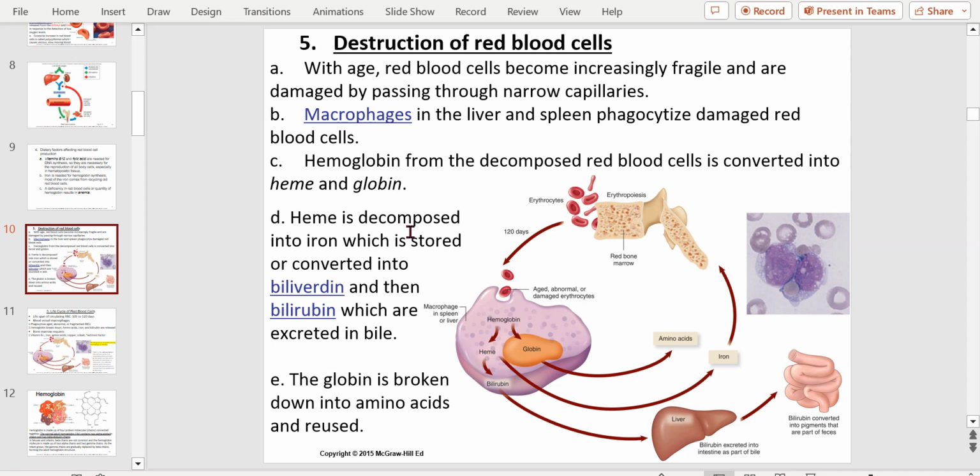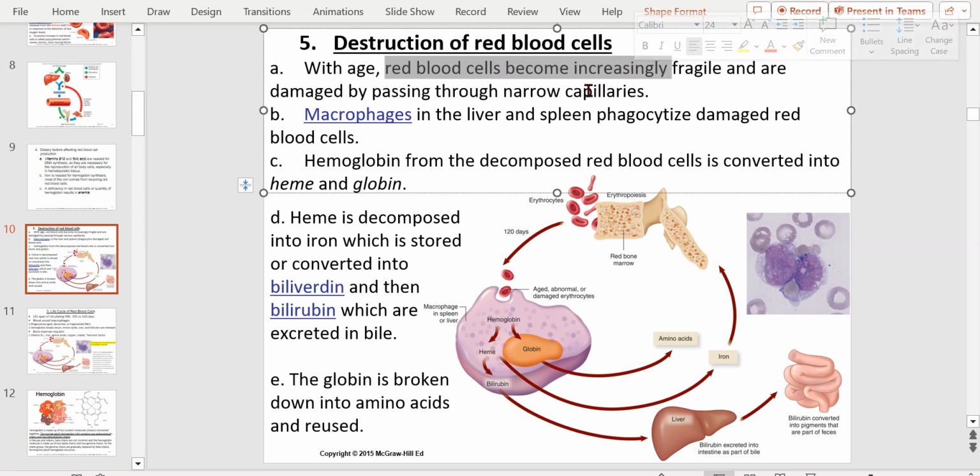Destruction of RBCs. With age, anywhere between 3 to 4 months, RBCs become increasingly fragile. They become damaged because you're passing through these very narrow capillaries. And capillaries, as you should know by now, are the only place in the body where the blood is able to exchange constituents: sugar, proteins, oxygen, carbon dioxide. This all happens at the capillary level, and it's quite narrow. And basically the width of an RBC flows down a capillary, and it gets bumped, it gets damaged. So eventually,